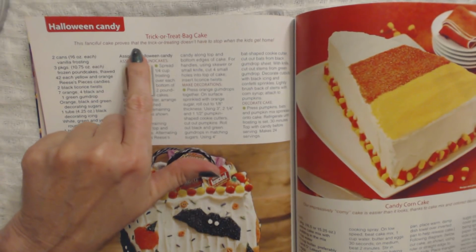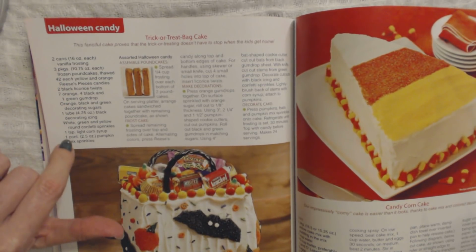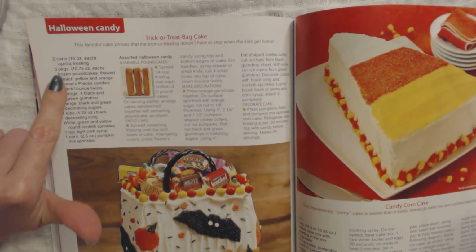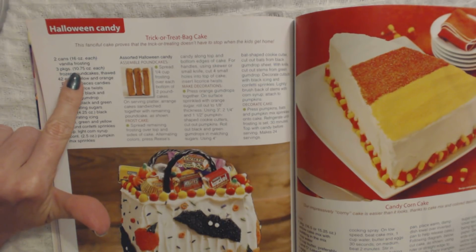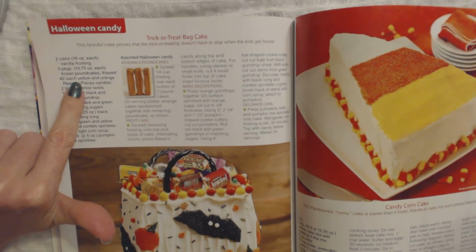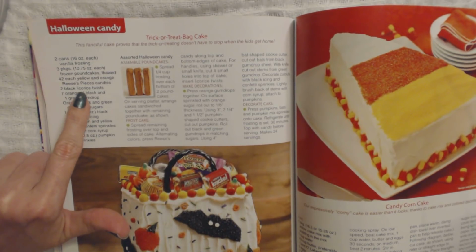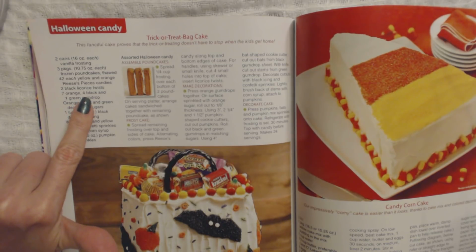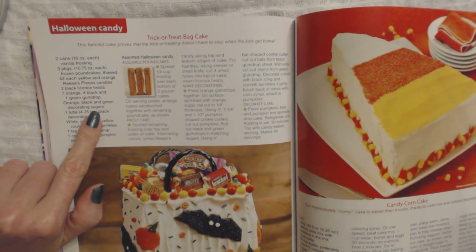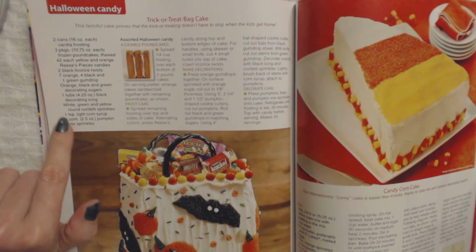This fanciful cake proves that the trick-or-treating doesn't have to stop when the kids get home. And of course we have the list of ingredients to make the trick-or-treat bag cake. You need 2 cans, 16 ounces each of vanilla frosting, 3 packages, 10.75 ounces each of frozen pound cakes, thawed, 42 each yellow and orange Reese's Pieces candies, which are these things here, 2 black licorice twists, 7 orange, 4 black, and 1 green gumdrop, orange, black, and green decorating sugars, 1 tube of 4.25 ounce black decorating icing, white,